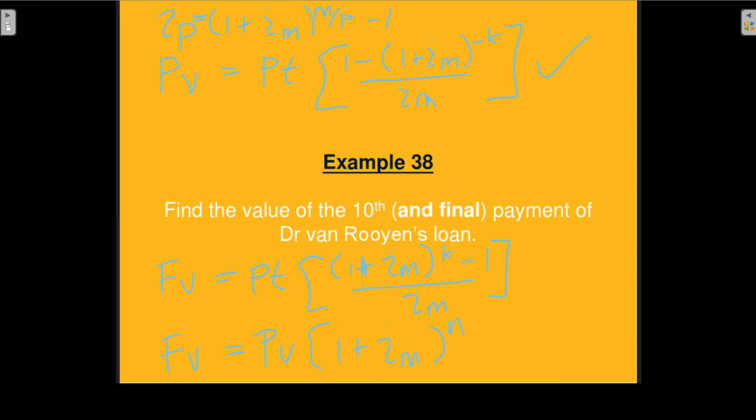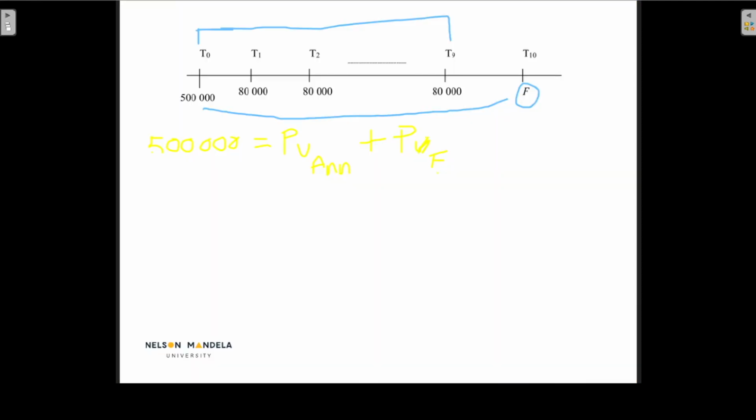And to get to the interest rate that we want to use here, we want to find the equivalent effective semi-annual interest rate. So let's first calculate that before we continue with this example. We actually did that when we did example 35, but for revision, let's just quickly do that again. I want to find the equivalent effective semi-annual interest rate. So that will be 1 plus my effective monthly interest rate, which is my 18% divided by 12. So that is just 0.015. My M is 12. My P is 2. And that gives me